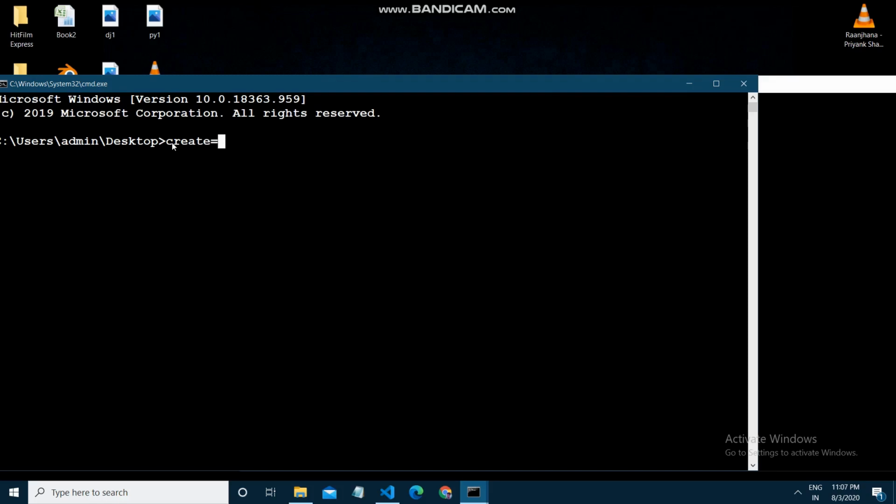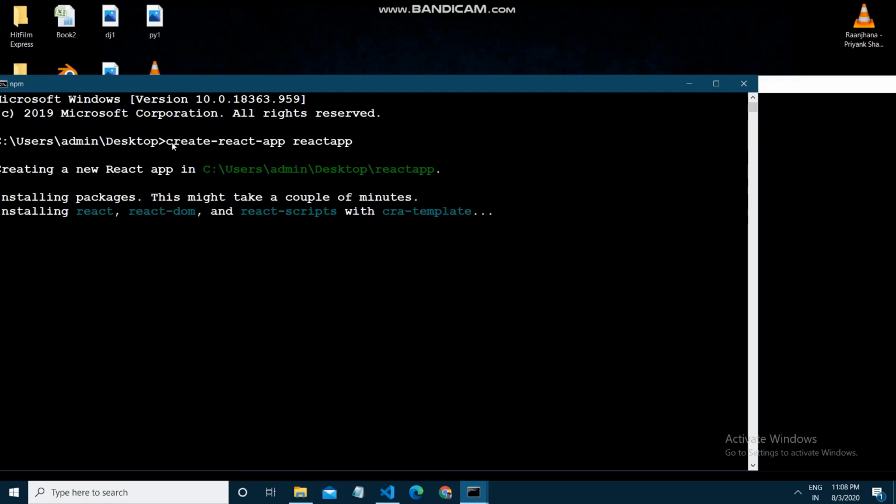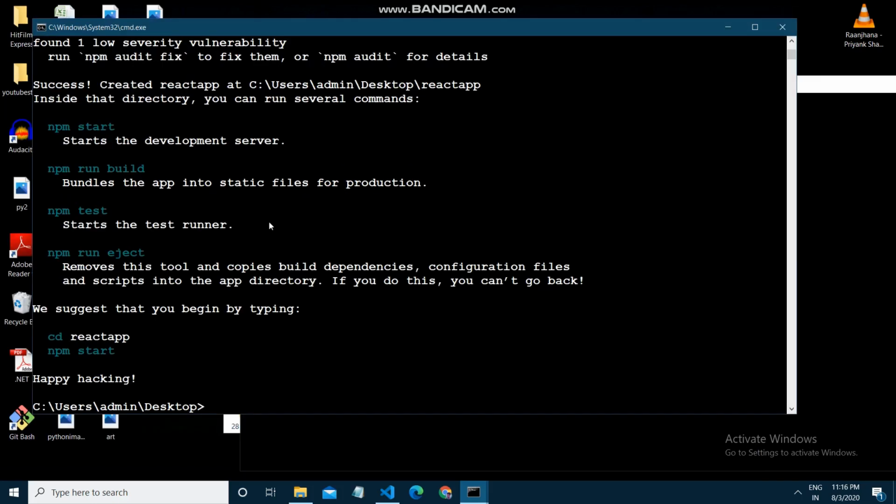After installing create-react-app, you just need to type create-react-app, and our React app name will be react-app. After this the React app will be created on the desktop, so it will take some time. So finally our React app is created.